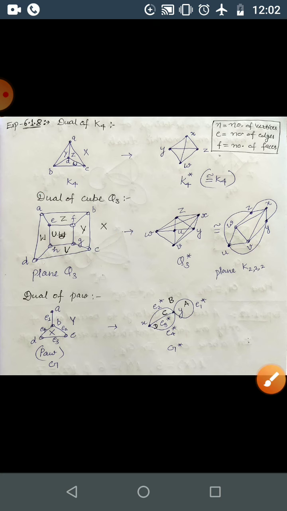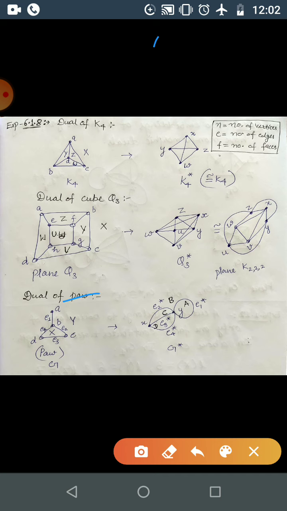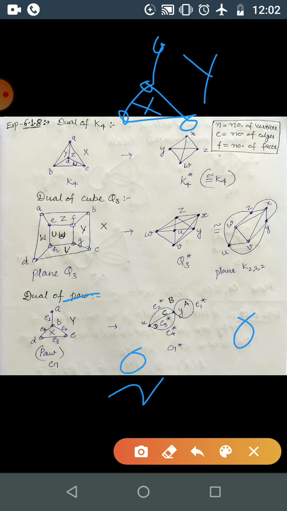Now the dual of this graph, call it P. So P is formed from this graph, correct. So this graph is P. So here how many regions? The regions are x and y. So 2 regions, 4 vertices. So in case of the dual, it will be 4 regions and 2 vertices. So x and y will be vertices. Okay, so this is x, this is y, and this cut edge is from y to y.